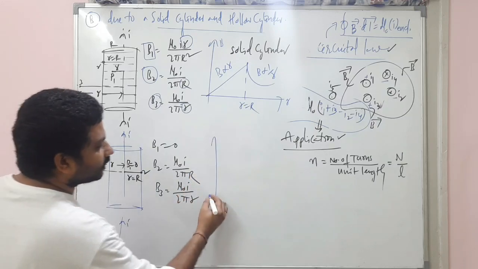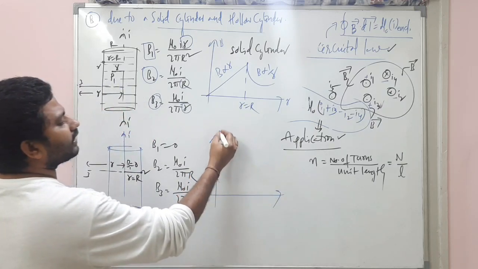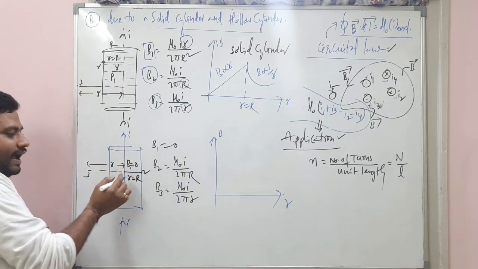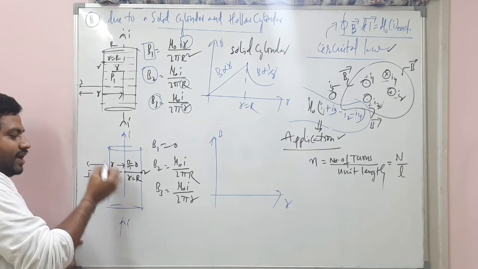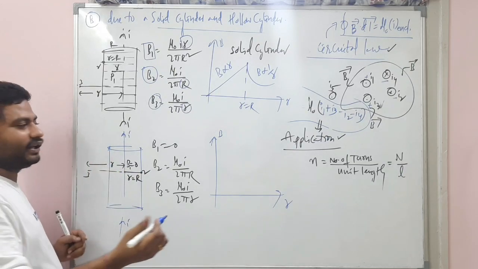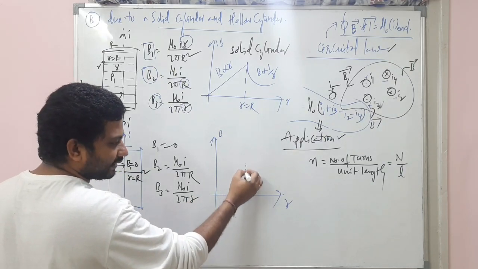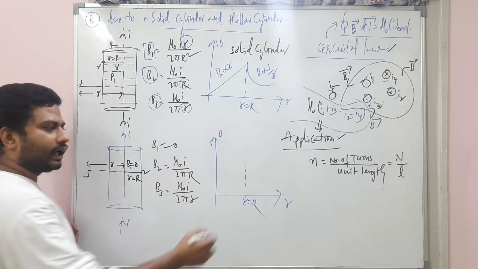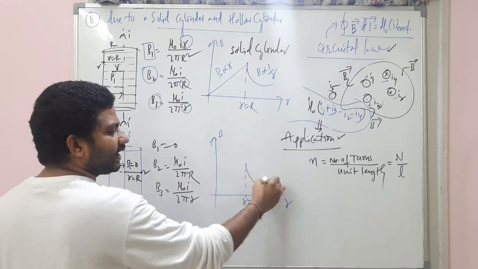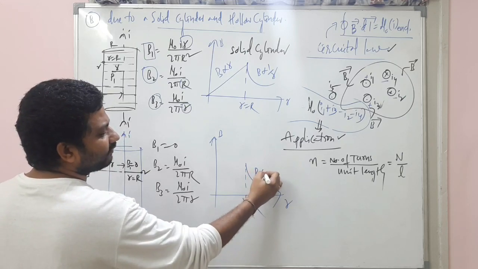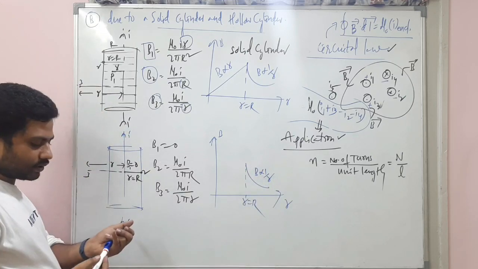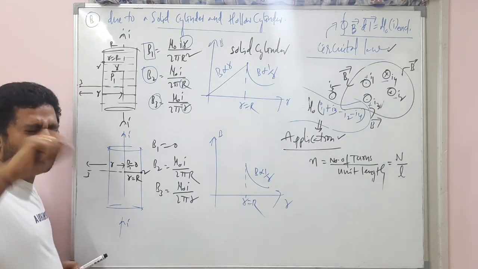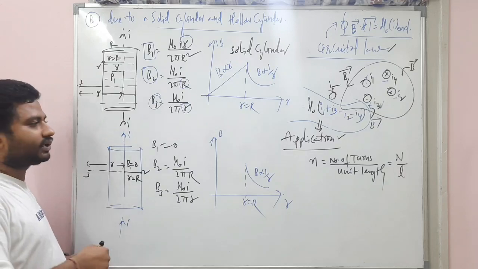And let's draw the graph. This is B and this is R. So here inside, from the axis to the surface, no magnetic field. Magnetic field will start from here when small r is equal to capital R, outside the hollow cylinder. So B is inversely proportional to R. Okay? So non-stop it is going, my dear children. You must focus on it completely.